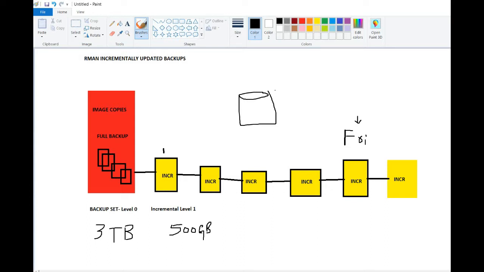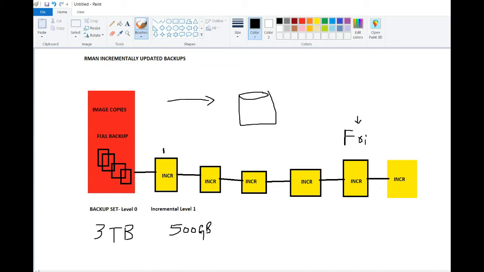As you can see, for this 3 terabytes, first you have to restore. The restore is nothing but copying the data files, and even an incremental backup sometimes contains additionally added data files and so on. So this may take as long as 24 to 48 hours depending on how good your network speed is and how good your storage system is.